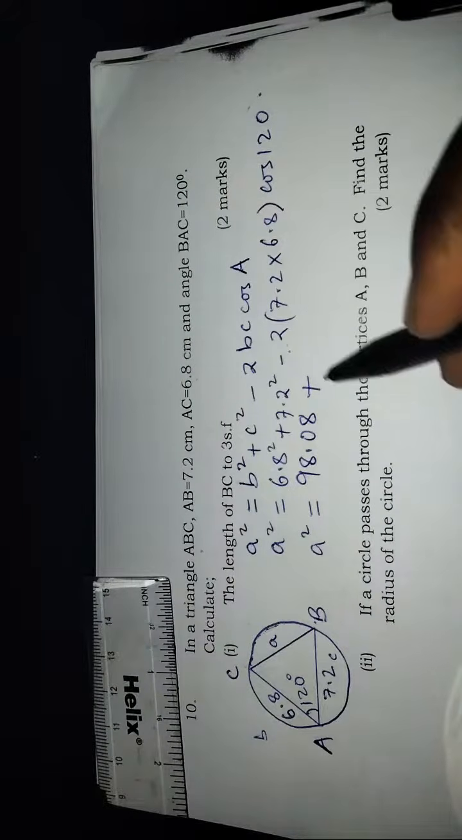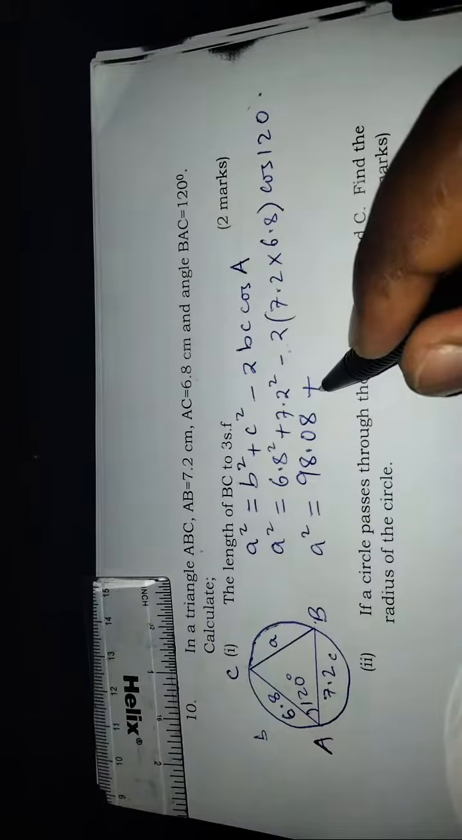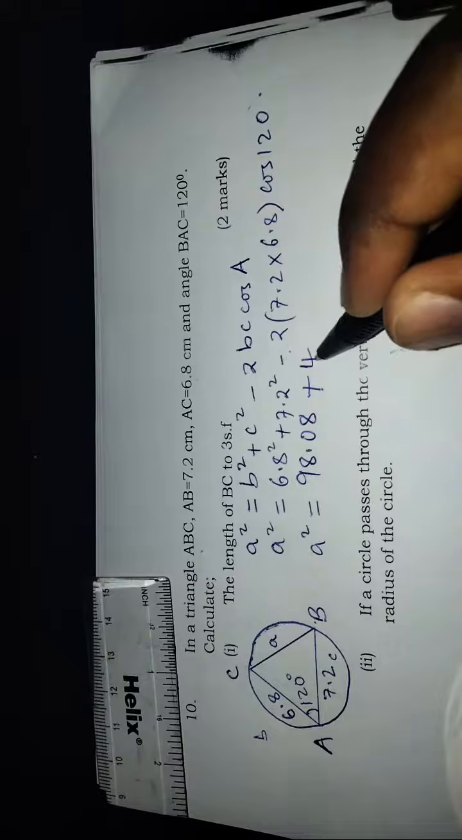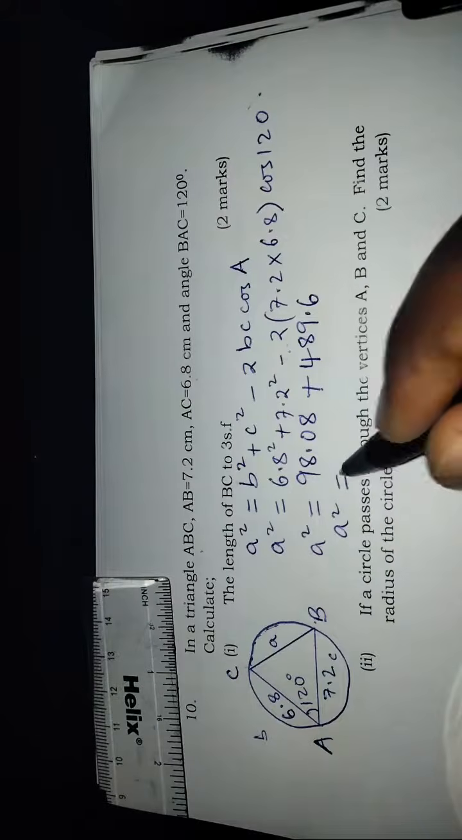Cosine of 120. Yeah, so we're getting negative 489.6, which means the negative 489 will affect this negative and it becomes a positive 489.6. That means the value of A squared equals, when we add 98.08